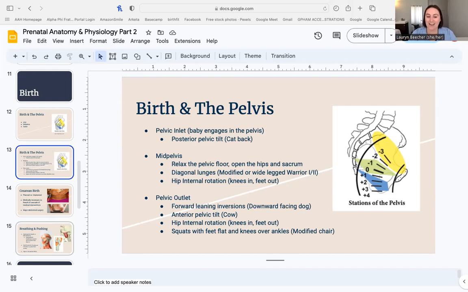And then finally, we have the pelvic outlet. When we think about the outlet, or the bottom, that's the space traditionally thought of as the pelvic floor, the area between the sit bones, butt bones, and the tailbone. Things that bring us into a little bit of an inversion, like a downward facing dog, allow the sit bones to gently open and spread apart. A variation of puppy pose can all be a really nice opening option for the outlet.